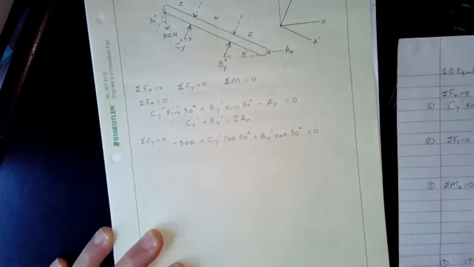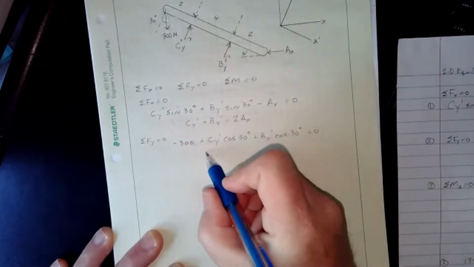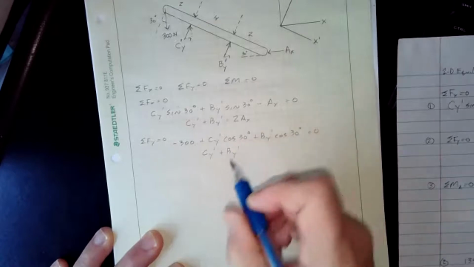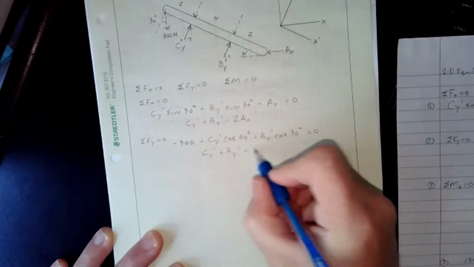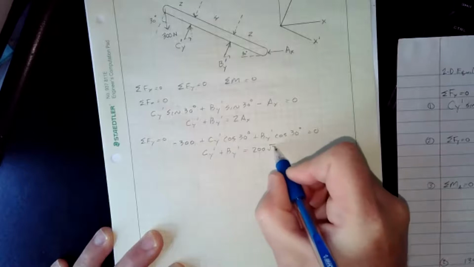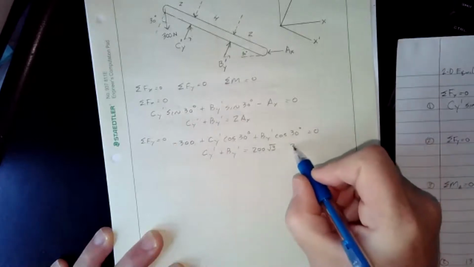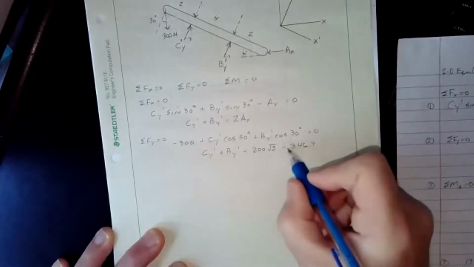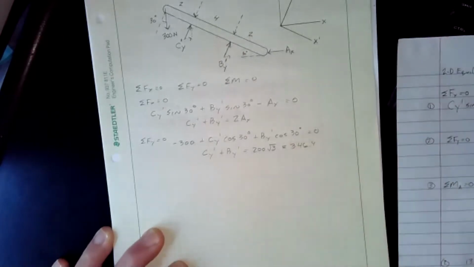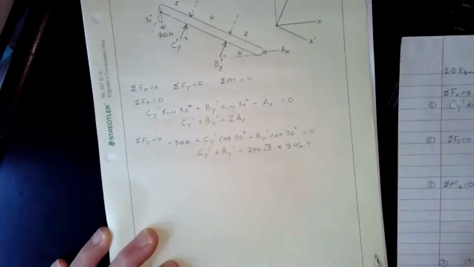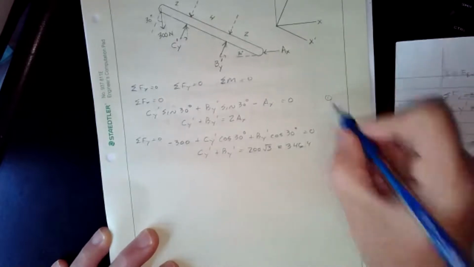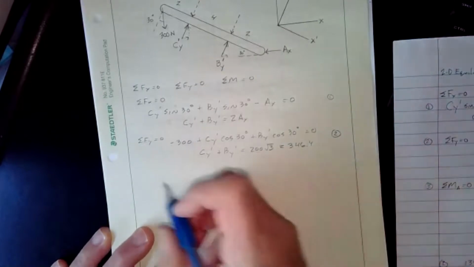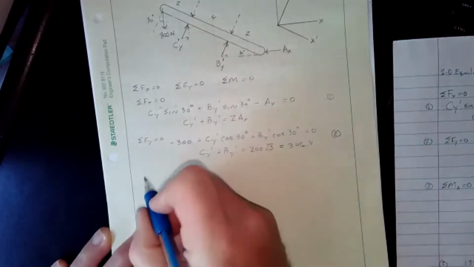If I simplify that, it ends up being CY prime plus BY prime equals 200 times the square root of 3, which is about 346.4. All right, so now that's equation 2. So 1, 2, and then we have the sum of the moments about A